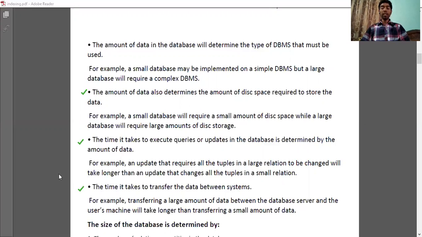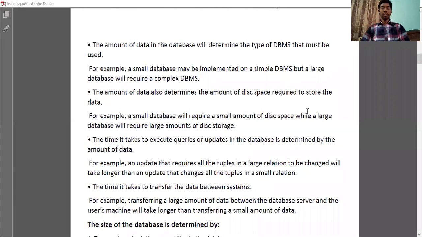Likewise, there is the time it takes to transfer data between systems. For example, transferring a large amount of data between the database server and the user machine will take longer than transferring a small amount of data.